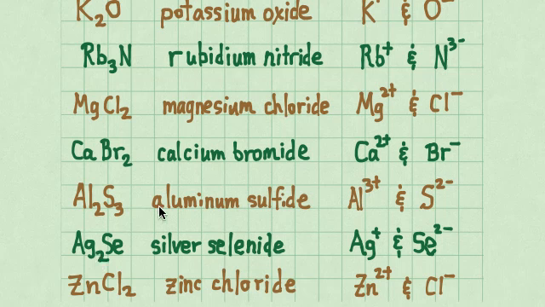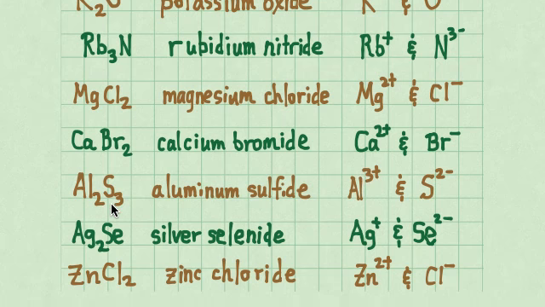Oh yeah, here's a tricky one. Aluminum's in the 3+ family, sulfur's in the 2- family. How do I make a 3+ and a 2- balance out? Well, if this is 3+, I take another one of these. 2 of these would be a 4-, but that's too many minuses. So I take another one of these, and that's 6 pluses, but that's too many pluses. So I come back here and take another one of these, and that's a total of 3 of these. That 3 times -2 is -6, and 2 of these, 2 times +3 is +6, and that balances out the